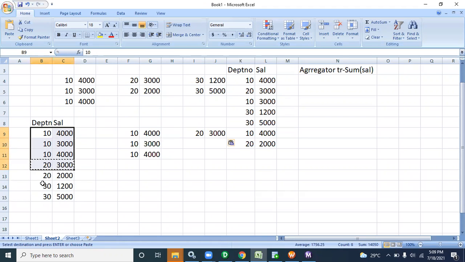After that, nothing, these 4 records no need to search, only for 10. But in this case, for 10 it will search all records, right? So for that reason it will give you performance. That is the basic reason for using a sorter before the aggregator. If there is a possibility, you can use the sorter transformation. It will improve your performance.